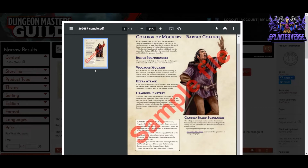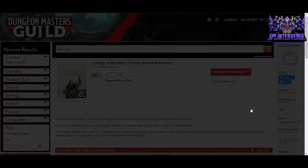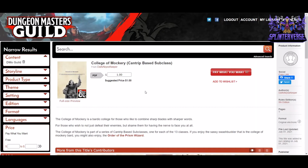You learn the vicious mockery cantrip. It does not count towards your number of cantrips known. Instead of d4s, you roll the same size dice as your bardic inspiration die for damage when you cast vicious mockery. So very cool. It's increasing the power of your vicious mockery, and you can read the rest of it. I'm not going to read the whole thing because that wouldn't be fair. So check it out. Just pay what you want at $1, and again, it's cantrip themed, so could be kind